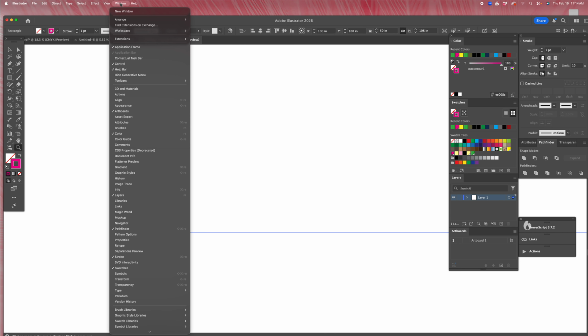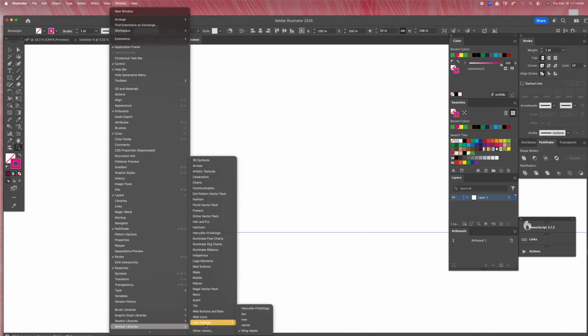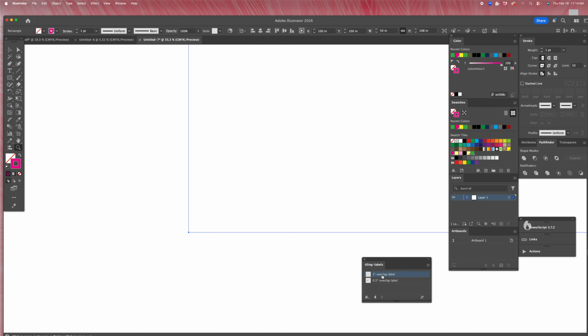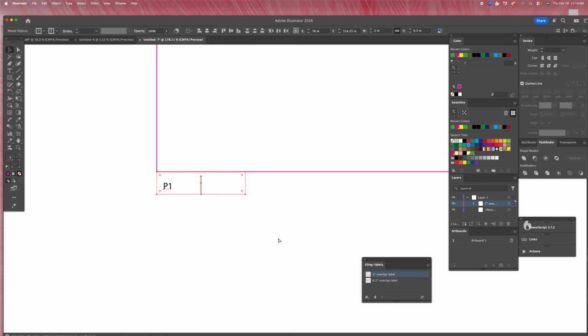Then you're going to have to put a labeling tab. I already have mine pre-made. If you can, I would pre-make yours so you don't have to keep doing this over and over, but this is for a 1-inch overlap label. If you can't see it, make it in outline mode. Then you're going to break the link, ungroup it,